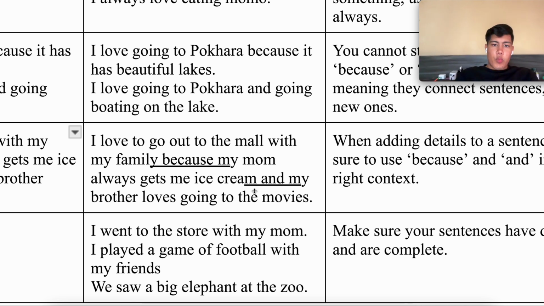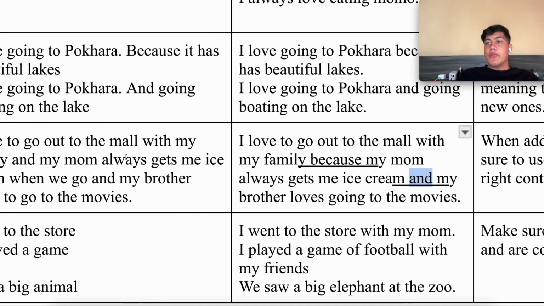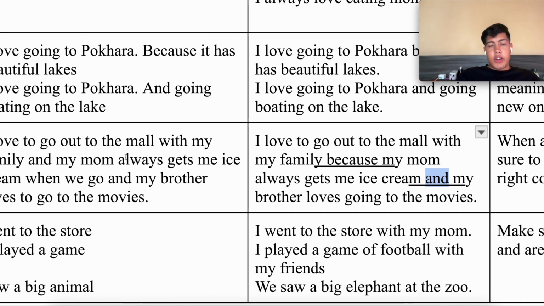Now, last time, instead of using because and and, we just created new sentences. We just put a full stop where because is, and a full stop where and is, and we made three sentences from one. Now this time we used because and and. You can use either method when you're writing your sentence, but why you should think about using because and and instead of two full stops and making this sentence into three sentences is because